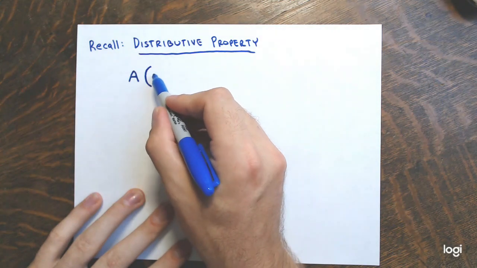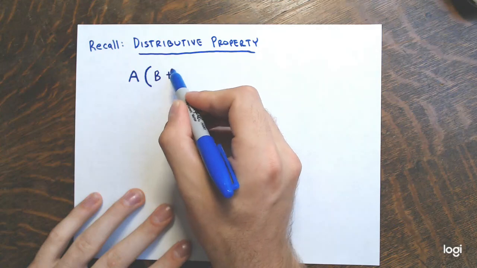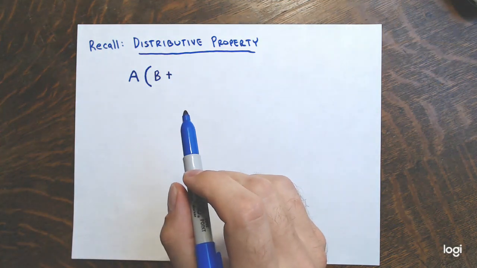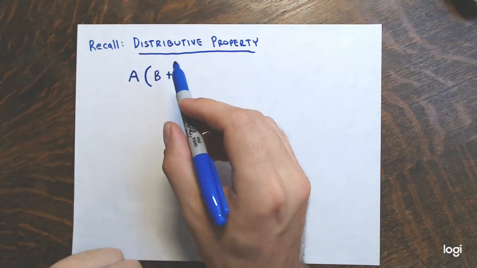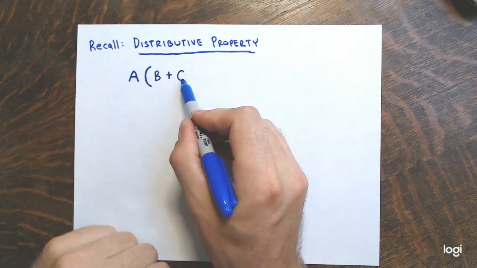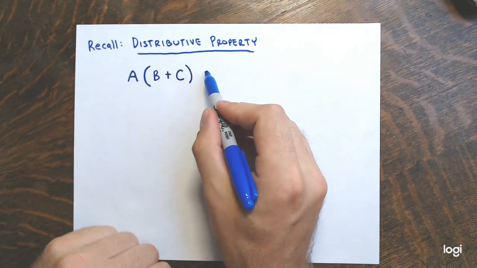And then in parentheses you have a sum or a difference. So I'm just going to put a sum in here because subtraction is just adding the opposite. So say I have in this set of parentheses, b plus c. Well, this is equivalent to,